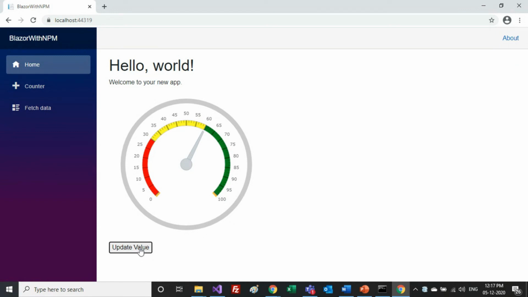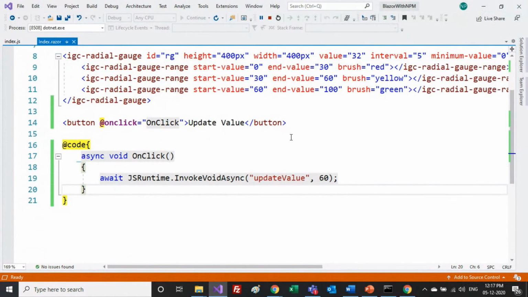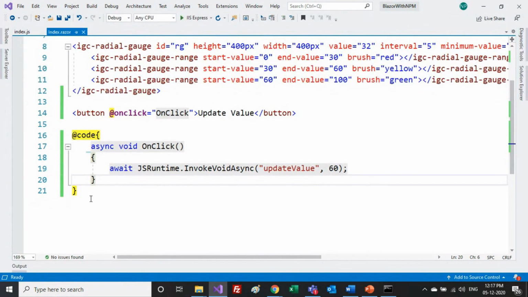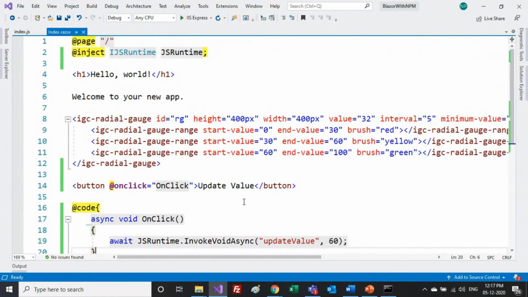So simply on your Blazor events, you can call some kind of JavaScript functions, and you can use your other npm JS packages. It's just like how you use any other NuGet package. You can say it's the node package manager, but every time I say npm, I just call it NuGet, because we are more familiar with NuGet packages. So excuse me for that. If you have any other node package, you can directly call it from there, and you can use any other open source libraries simply like this. So this was from my side.